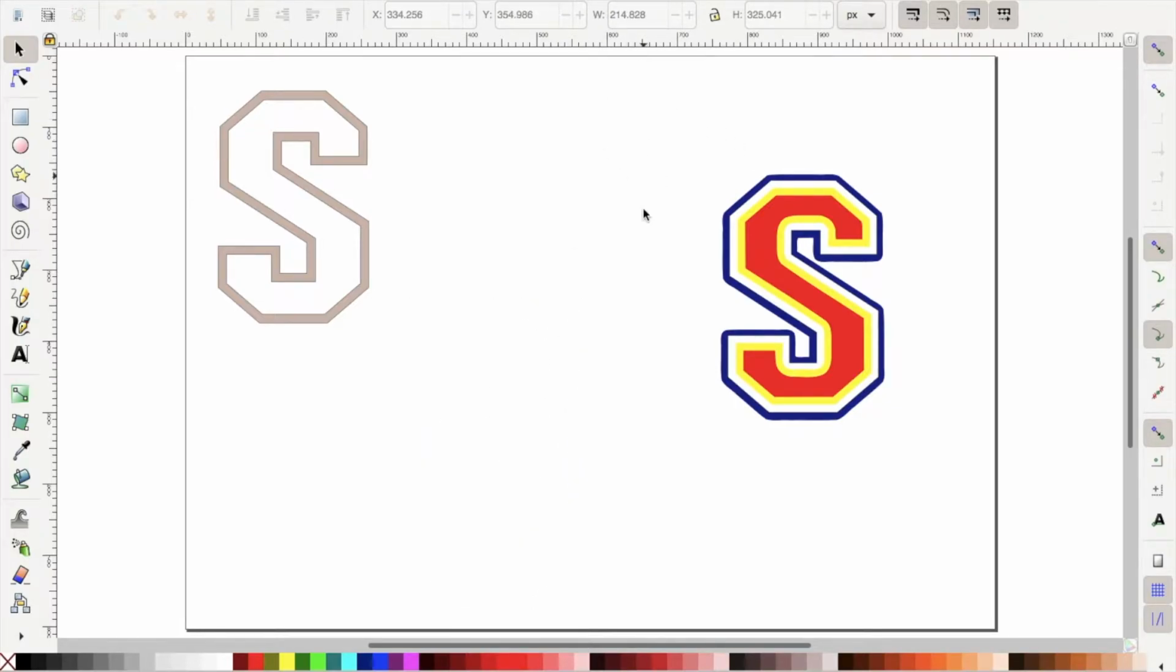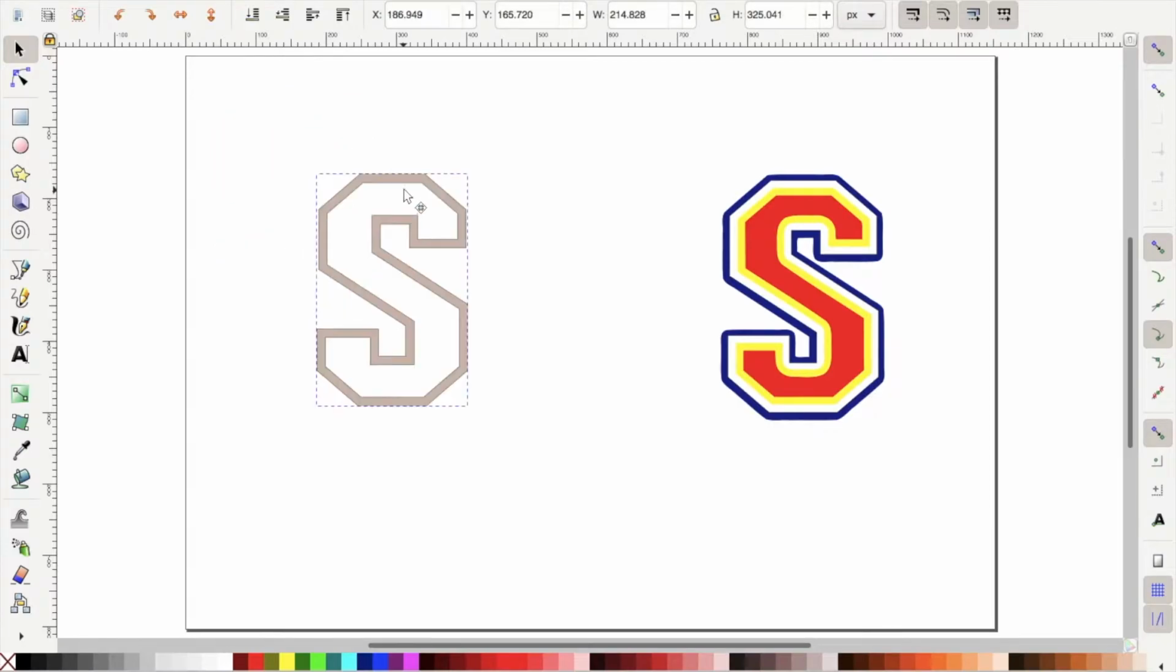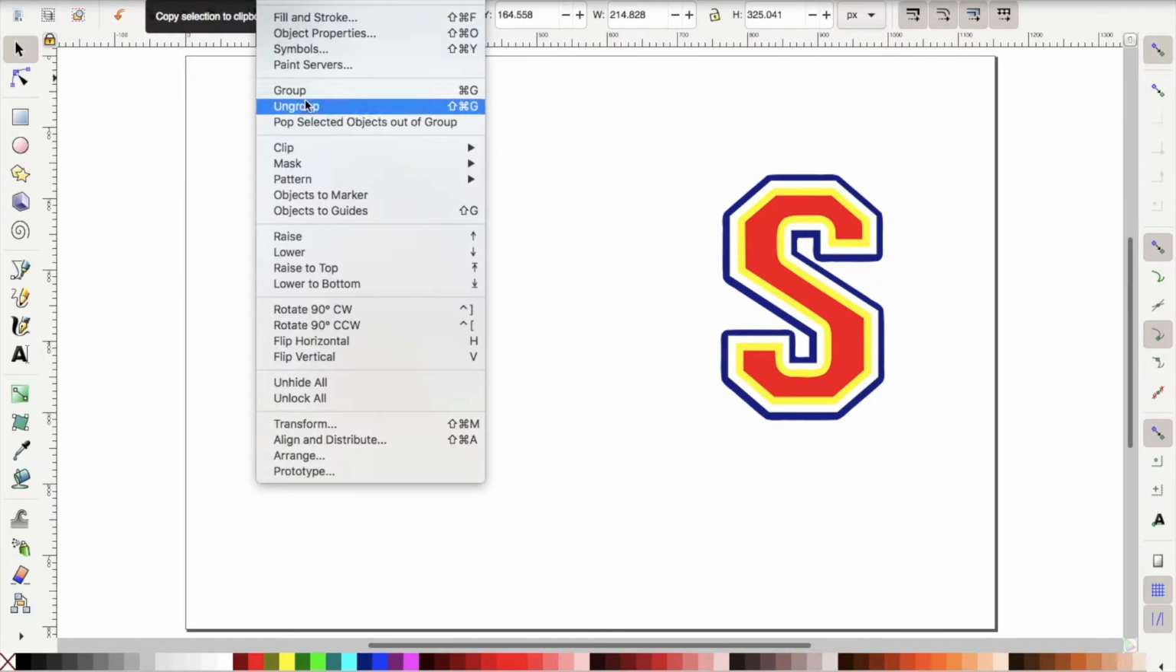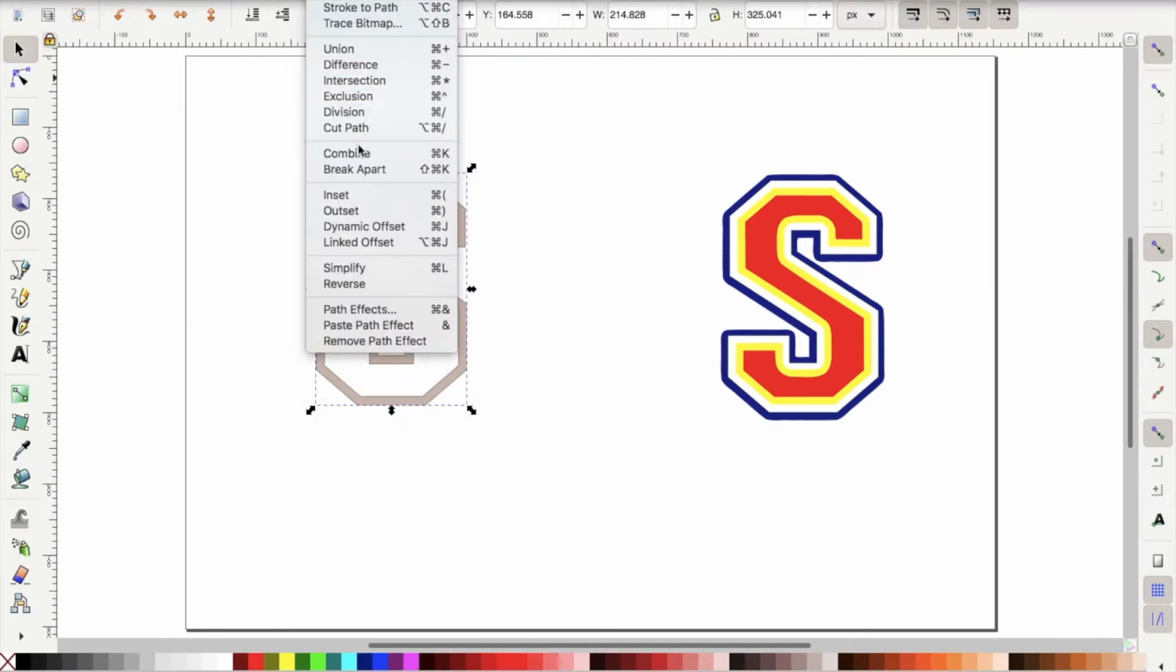Okay, so you have this one. With this one here, it's a bit different. If you purchase a file like I did and you have this type of layer, and you want to make it a bit bigger, you have two options. I'm going to show you the first option that you can do here in Inkscape, which is: select the letter, go to Path, Object to Path, Object, Ungroup, Path, Union,